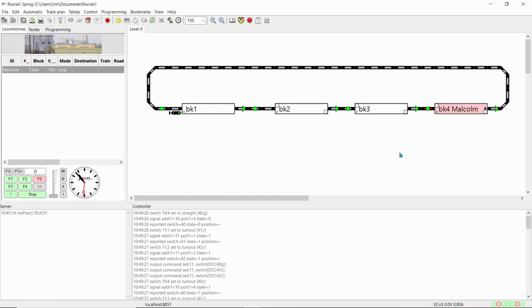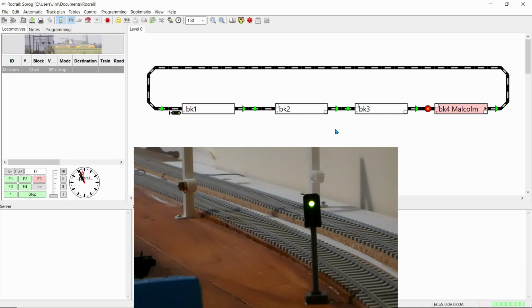Let's switch it on and have a look to see how it performs. I'll put the camera on the other side there and try it. So that's the locomotive in block 4 there now. I'm going to bring it around to block 1. I've got a slight glitch, as in when I start moving the locomotive this goes to yellow for some reason. I don't know why. The command is set to green, but on the second loop it will go to the correct orientation. So let's start off the locomotive, big loop, and see how it goes.